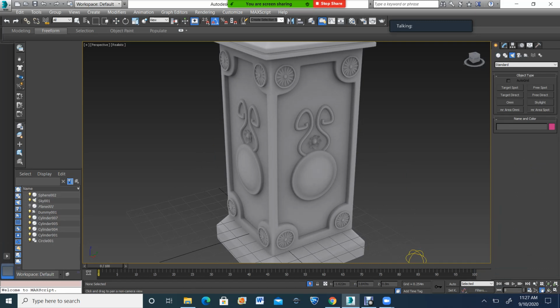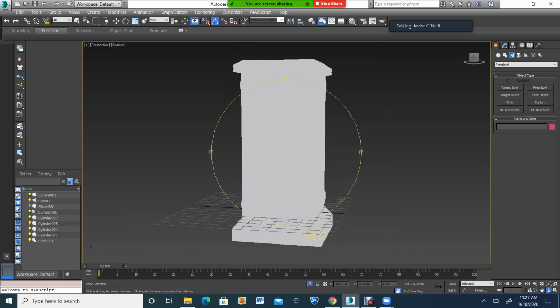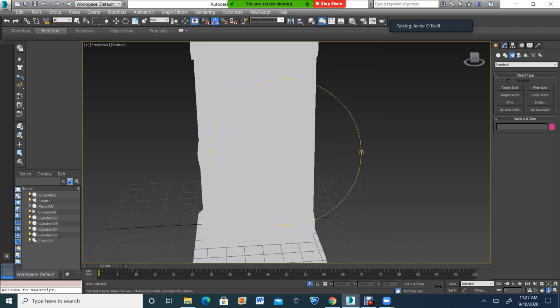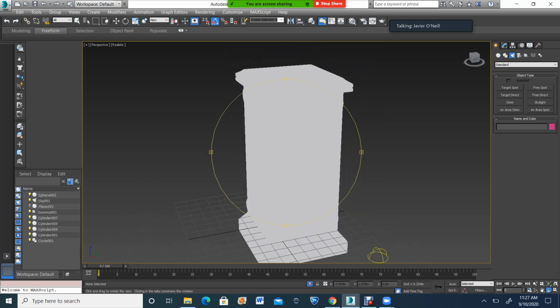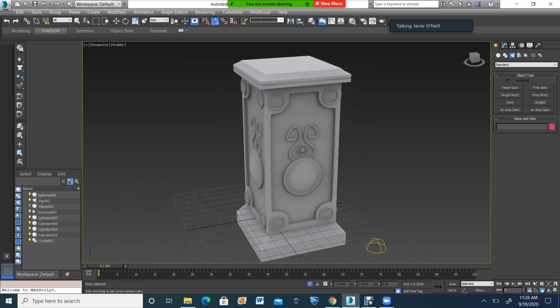So it's very, very basic, but this is sort of the process that you can do when building high poly meshes like this. The result came out okay, but that's to give you an example. So I'm going to call this and end this video, and hopefully it'll give you an idea of how you build high poly stuff and how some of the functions in 3D Studio Max work regularly. So I'm going to hit S, and then I'm going to